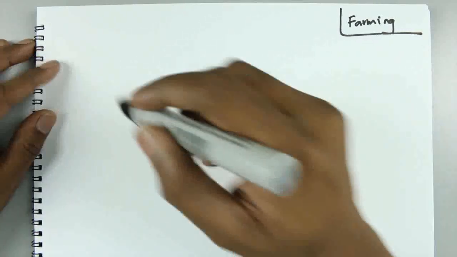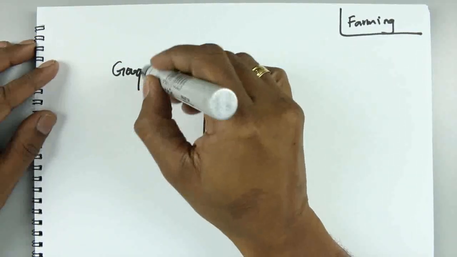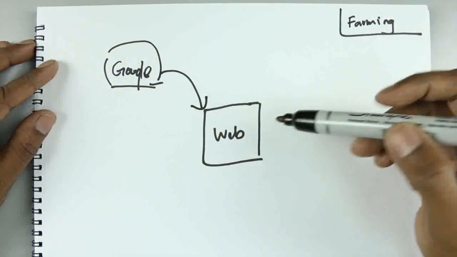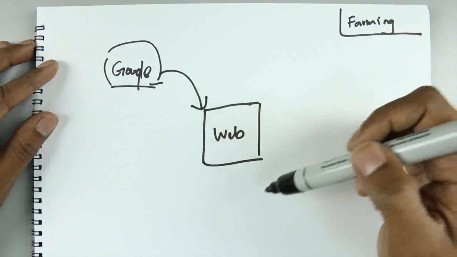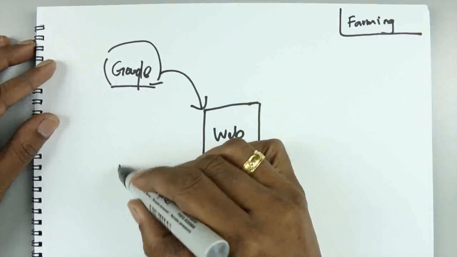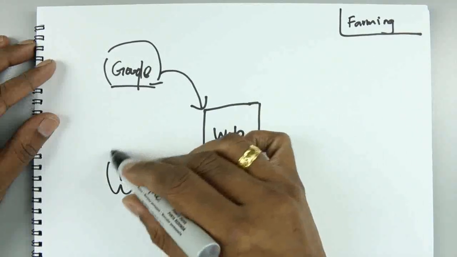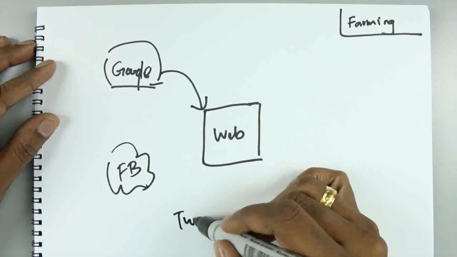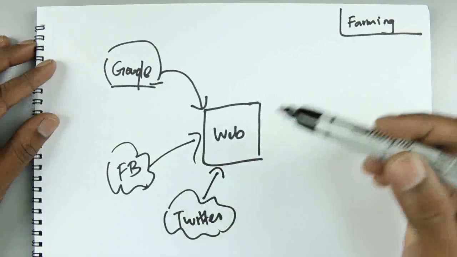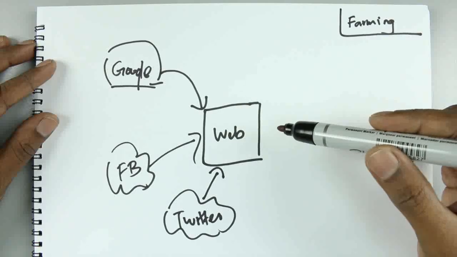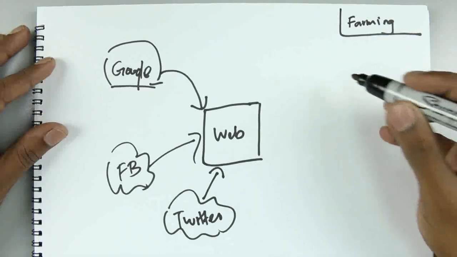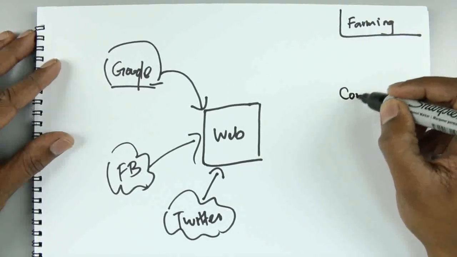It's all about getting traffic from Google, which will be one of your major sources of traffic, getting traffic from Google to your website. Now, when the traffic from Google hits your website, and they share your content to Facebook, to Twitter, then you'll get additional social media traffic from Facebook, from Twitter, and lots of other social media as well. But the main traffic source is Google, as I mentioned. So how do you get traffic from Google? It takes time, it's not easy, but basically what you have to start doing is adding content.